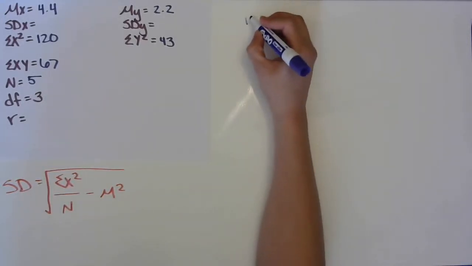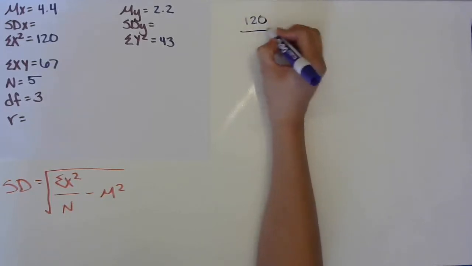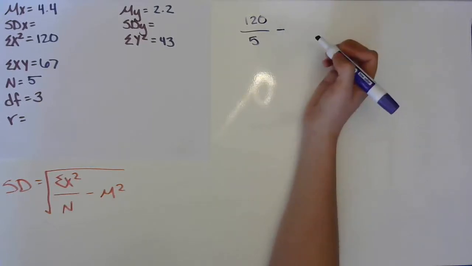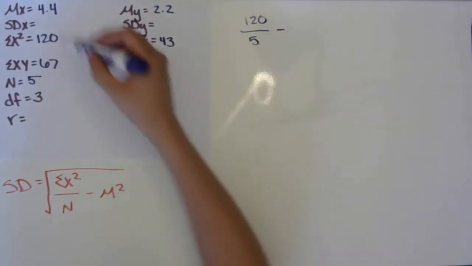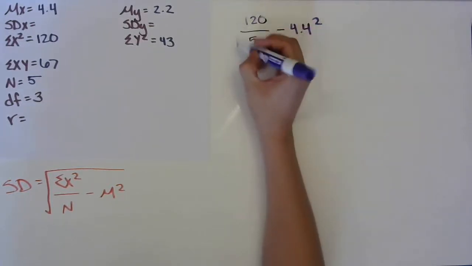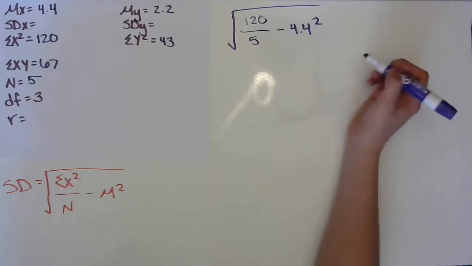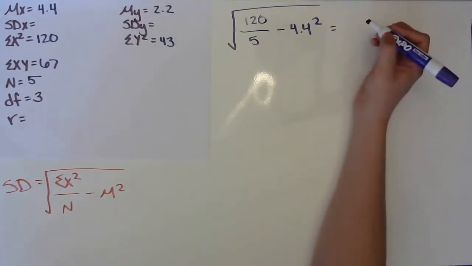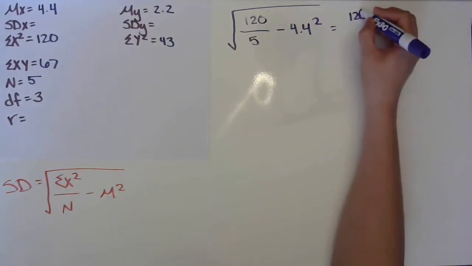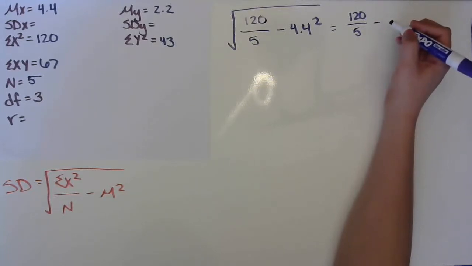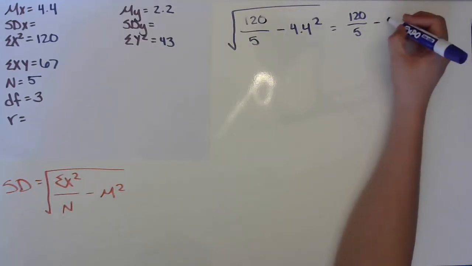So let's start with X. So we have the EX squared value of 120. We're going to put that over our N value of 5. And then we are going to subtract that from the mean of X, which is 4.4. And then that's going to be squared. And the entire thing is going to be square root. So why don't we go ahead and do the exponent first. So we'll have 120 over 5 minus 4.4 squared, which 4.4 squared is